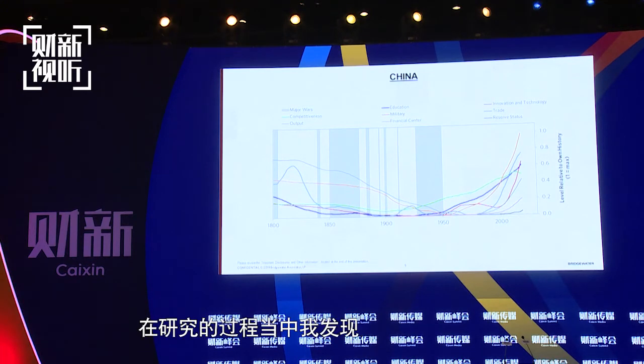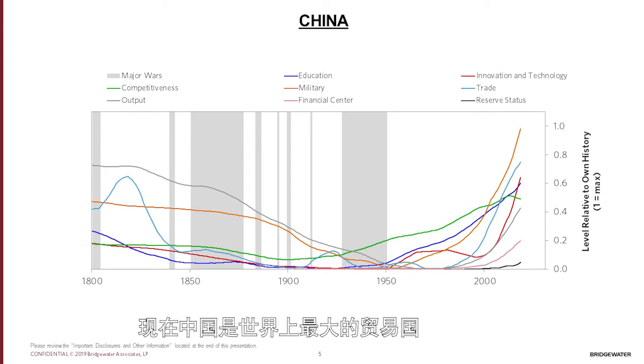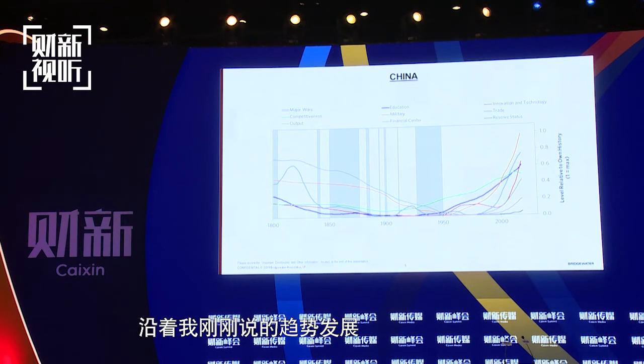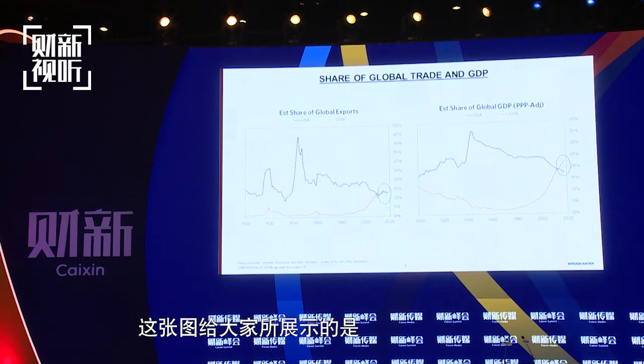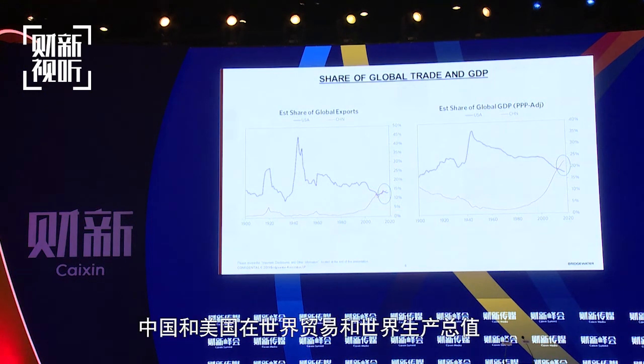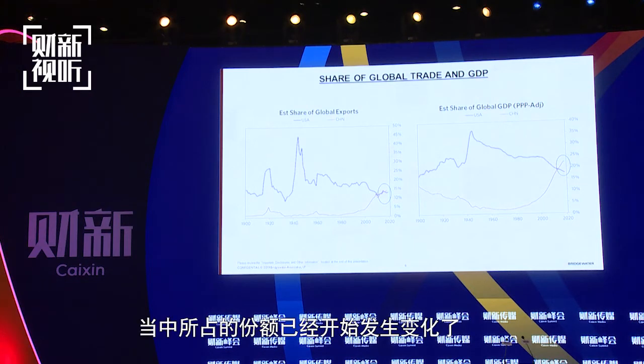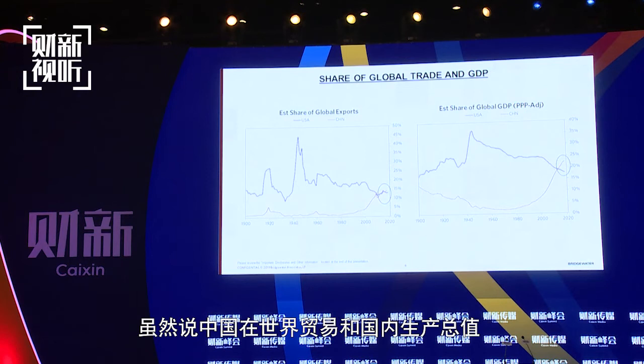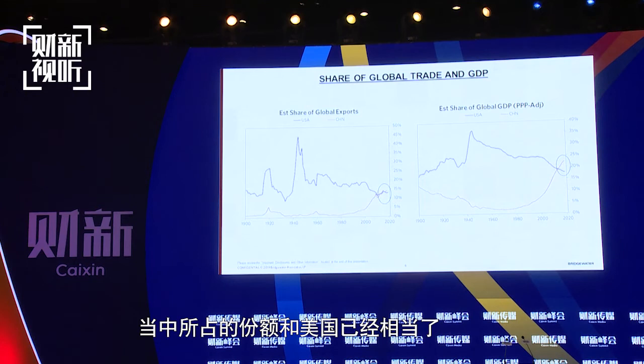In studying history, I saw that all leading empires over the last 500 years had the world's reserve currencies and the world's financial centers. China is now the world's largest trading country, and it is evolving into that role. These charts show the United States' and China's share of world trade and world GDP and convey the evolution which has been taking place. Even though China's share of world trade and world GDP are comparable to the United States's,